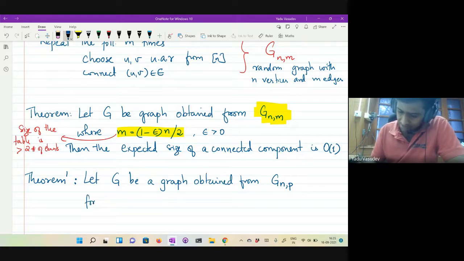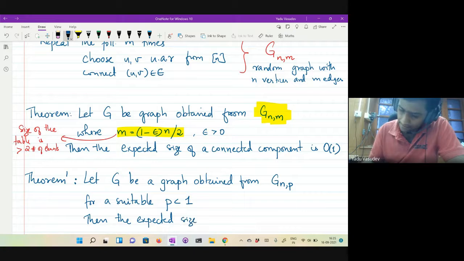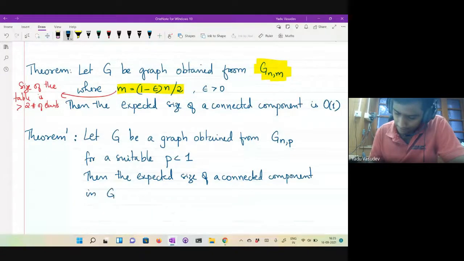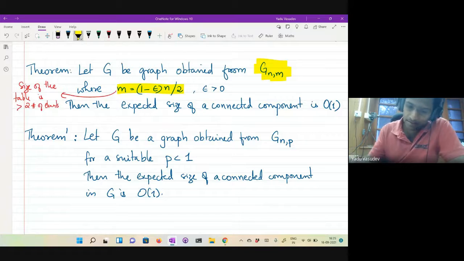For a suitable value of p less than 1, the expected size of a connected component in G is order 1.